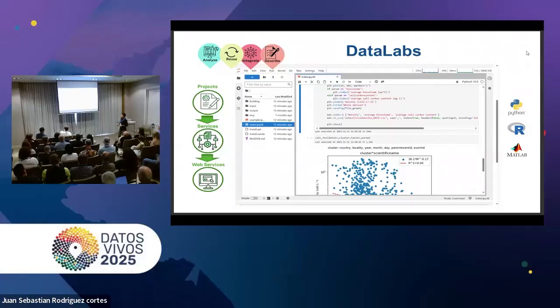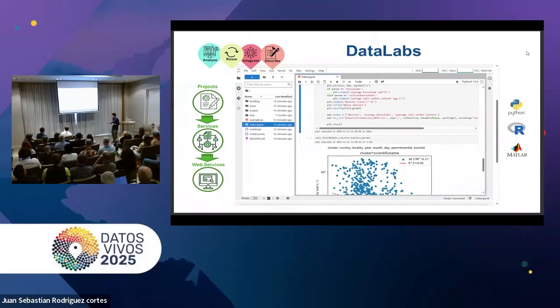Data Labs is our platform for collaborative coding. It supports Python, R, MATLAB, and here anyone can open a new project and invite colleagues to collaborate on the same code. You can recall data from the data portal, or use your own data. Then, when you are done, the nice thing is that you can publish it as a service, so that other people coding in the platform can recall your service, or you can ask to publish it as a web service, so it becomes available for people who don't have the skills to code, to use it